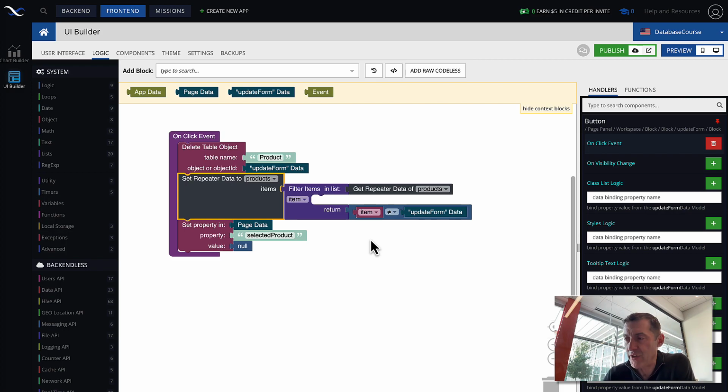So essentially I'm just filtering the records that I have by excluding the object that was deleted. Alternatively, you could make another request to the server and bring the data back and re-render it, but that is not recommended. It's better to just work with the data model and the UI that you already have on the client side to update the viewport. That's it. So it's a very, very straightforward mechanism for deleting objects in the database.